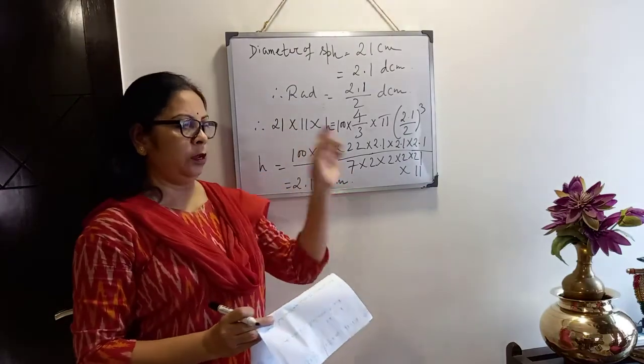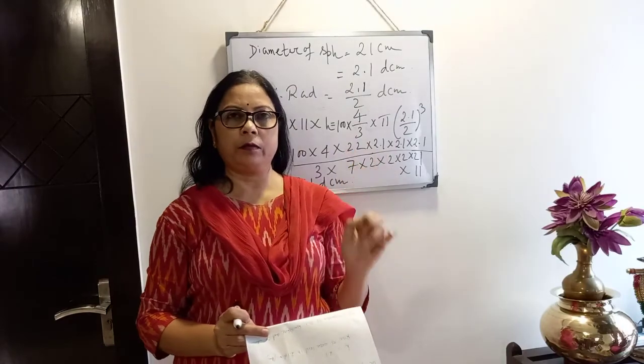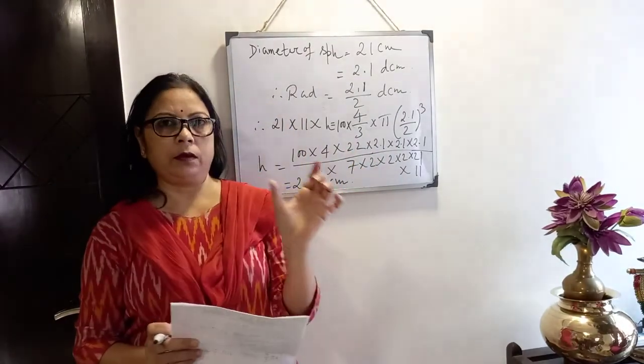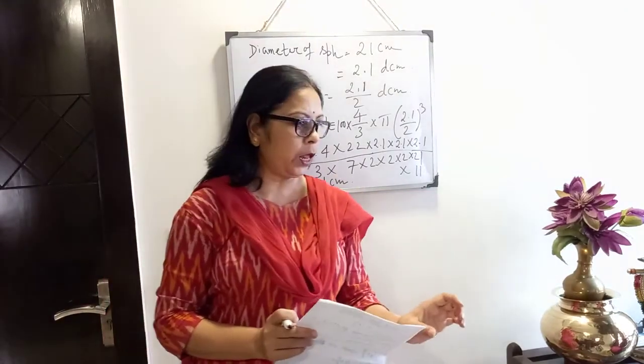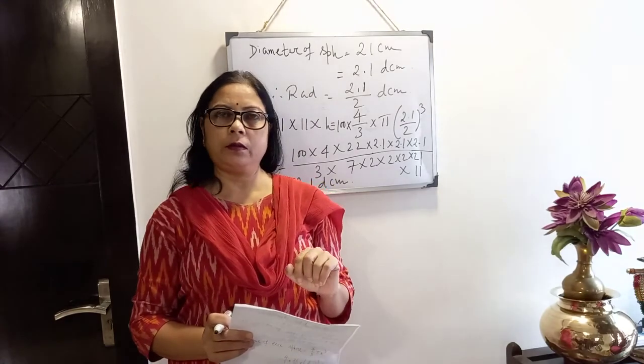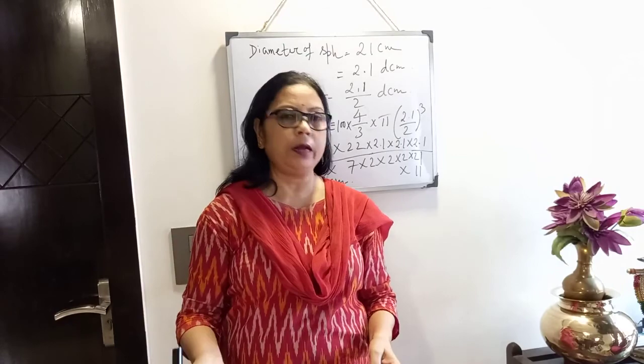So here in your book you can give a star mark against 13. Okay, it is important for the board exam also. So I think this is clear, what is the meaning of half of a tank is full of water. Clear? Now next sums 14, 15, 16 you will get in the next video.